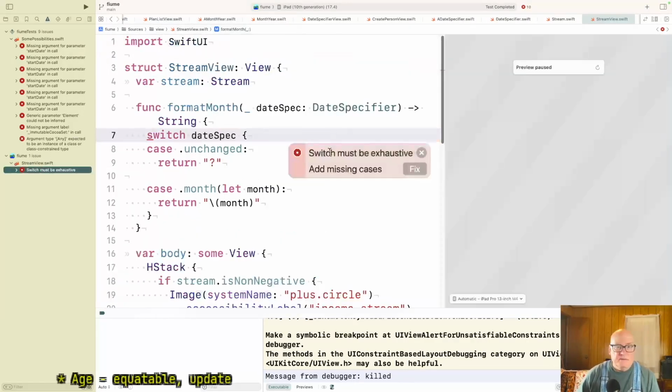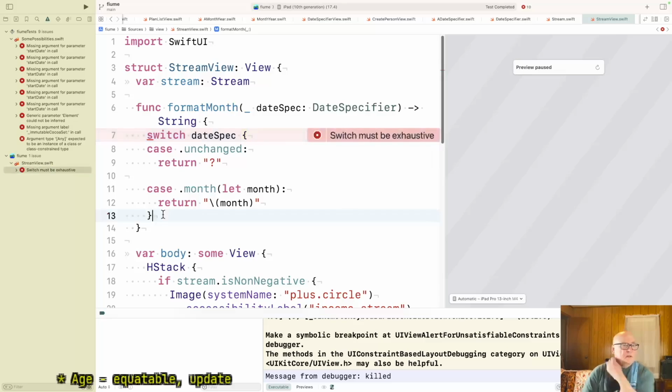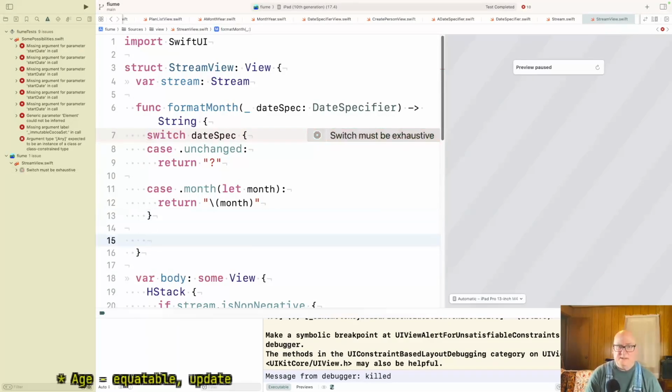And then stream view, format month. That feels like we can move that over to date specifier. Case dot age.